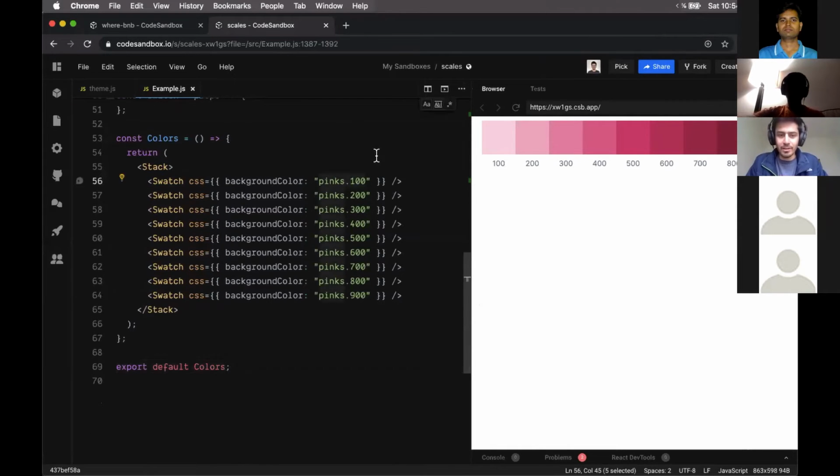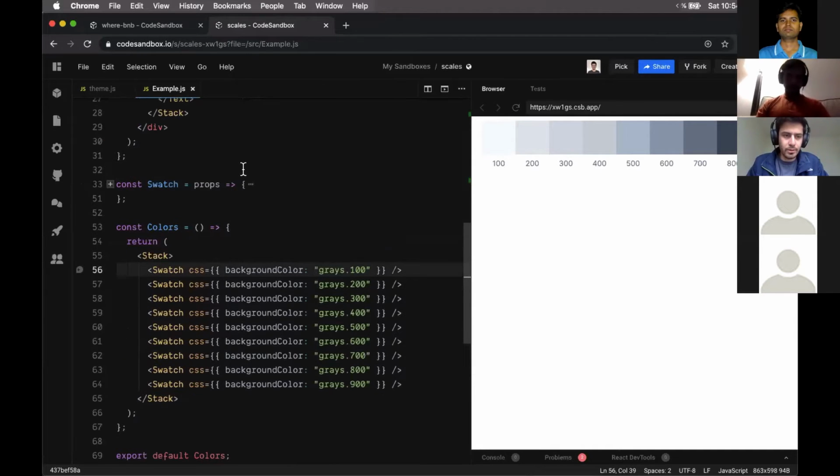So I can also change this to, let's say, grays, which I've already defined. And this is my gray palette, right? So now when I'm trying to build something, I'm not doing the color picker thing. I'm basically picking from one of these values if I want it to be gray. So I say background color gray 500. And if it feels too light, or if the contrast is not enough, then I bump it up or bump it down. So let's go back to our earlier example,